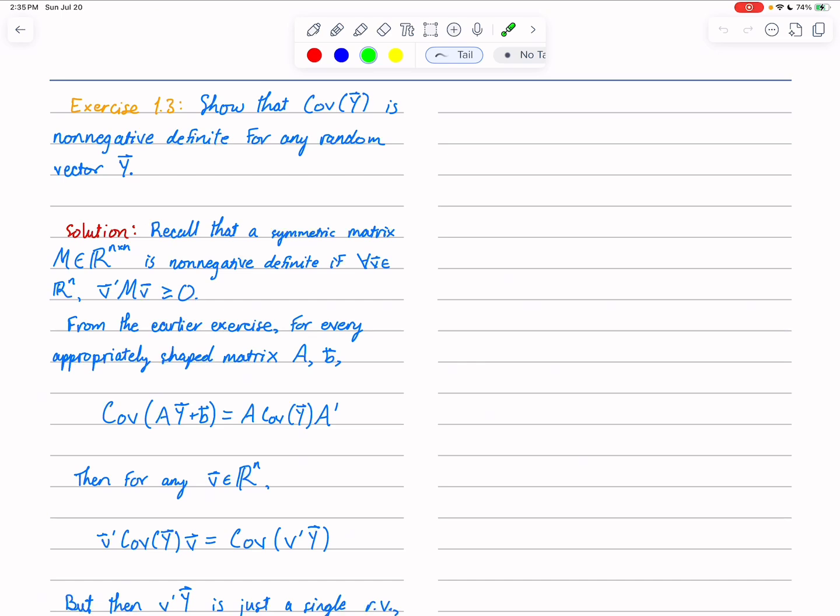But again, to give the definition here, a symmetric matrix M is non-negative definite if for every vector that you choose from the space of all vectors R^n, right? So notice the matching dimensions here. If you take the transpose times the matrix times the vector,